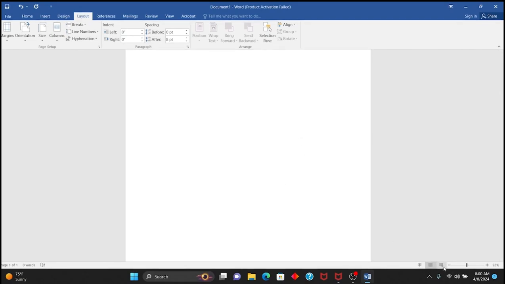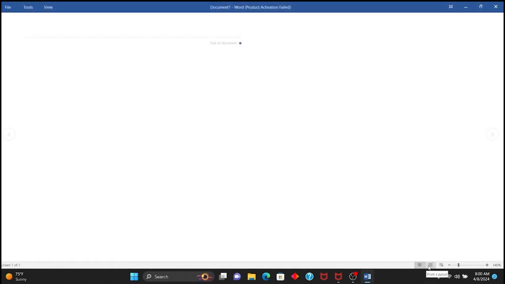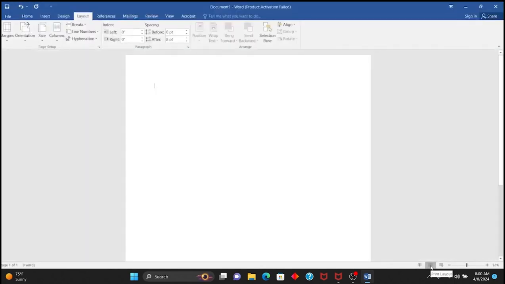And then under this place you can see different kinds of views. We have web layout, we have print layout, which by default is where your document is going to appear. And then we have read only. All of them have different kinds of view. Web is for graphics, for websites and all of that. And this is for printable paper, which is your document. And this is just when you want to read without editing or doing anything. All right, so that's about